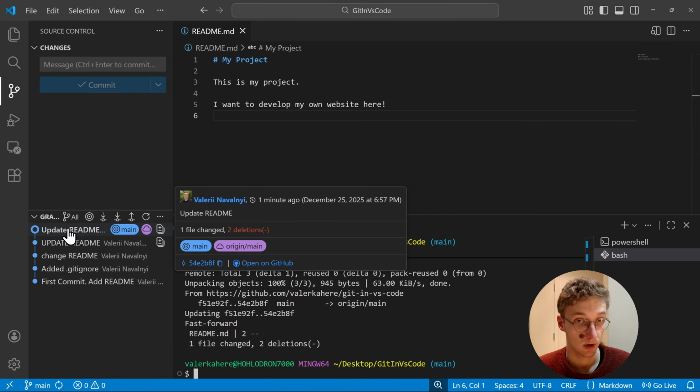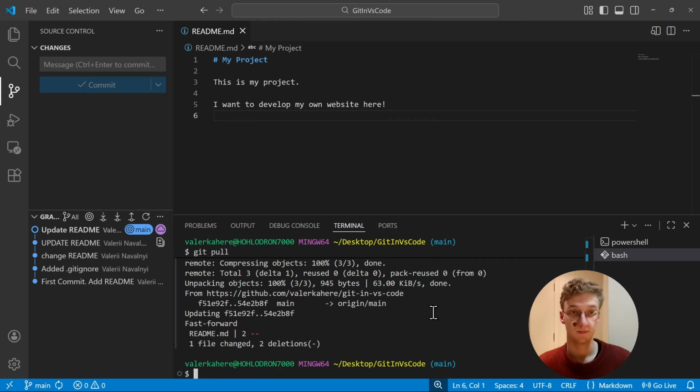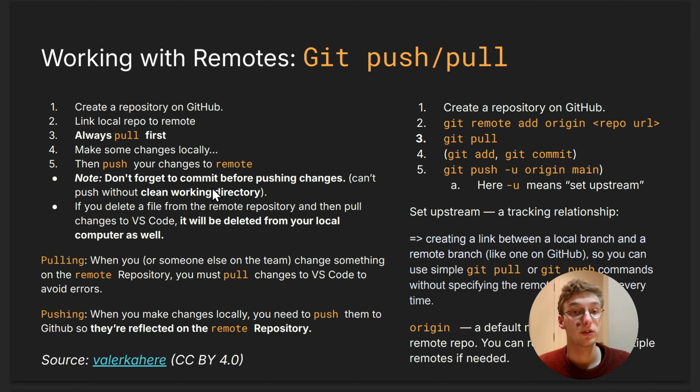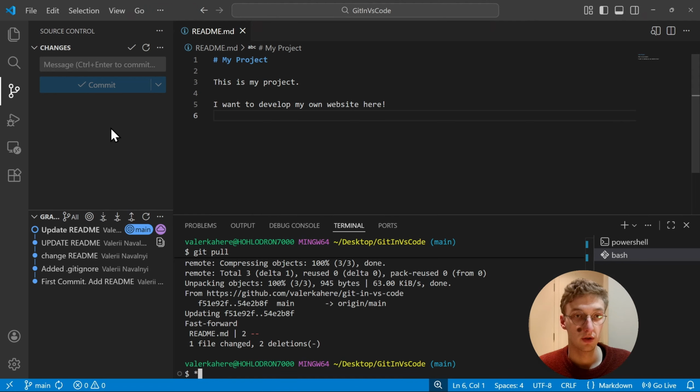Here we go. Another commit appeared. So always pull changes first when you're working on a team project, especially. Important note, don't forget to commit before pushing changes. VS Code will prompt you if you make some changes